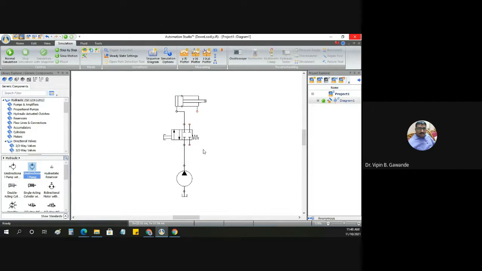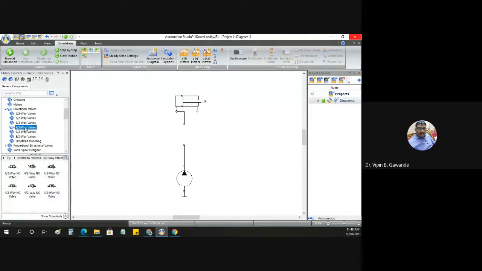Let me change this valve. I will take the 4 by 3 valve instead. I'm taking the 4 by 3 valve, and I have connected that one here. Now this gets connected with this end, and whatever oil is coming back will go again to the reservoir, so we have to connect it to the reservoir.